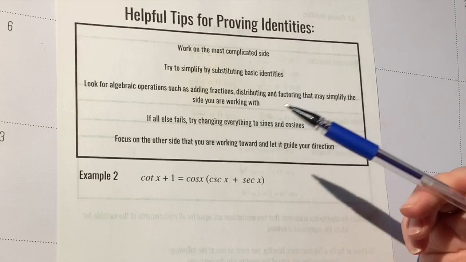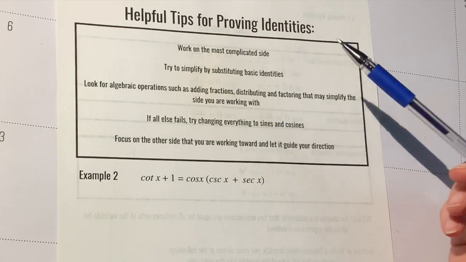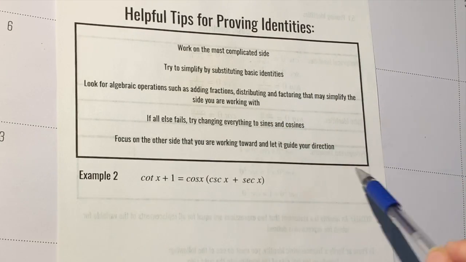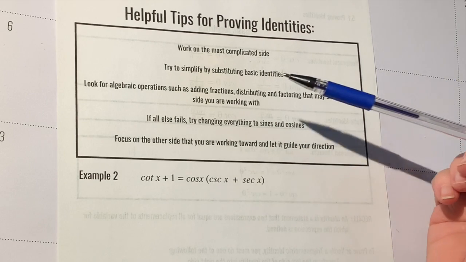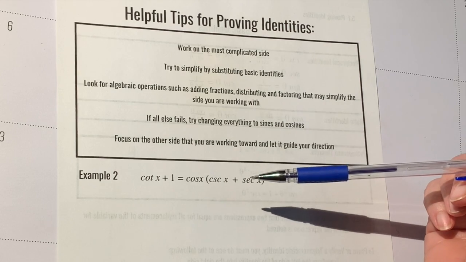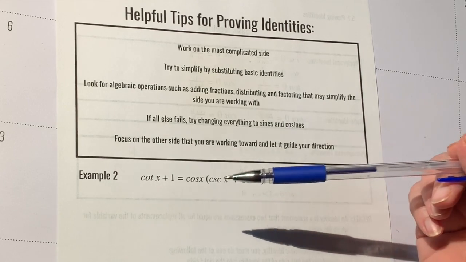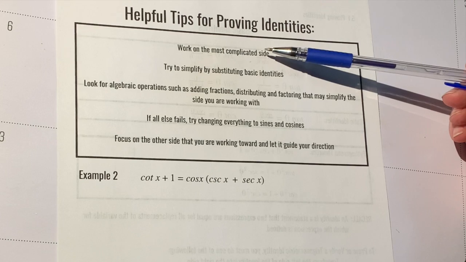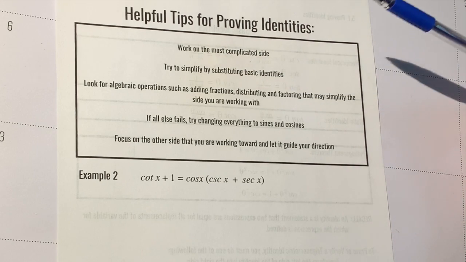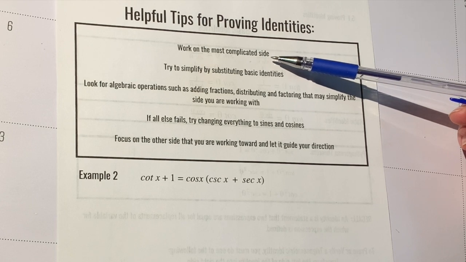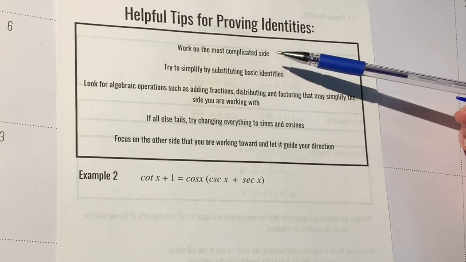Okay, before we get to example 2, above example 2, you'll see this box of kind of like your box of helpful tricks that you can use in proving these identities. So let me just walk through those real quickly here. Work on the most complicated side. I mentioned that one previously. So you want to take the side that's more complex, and usually you can simplify,